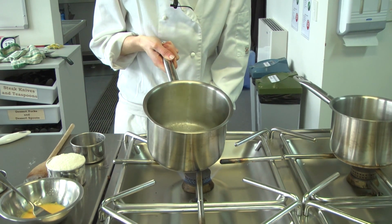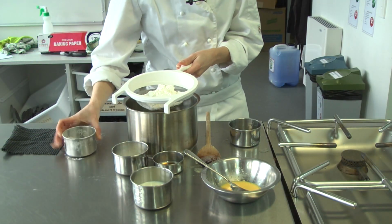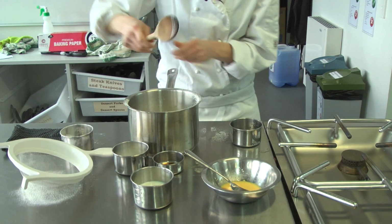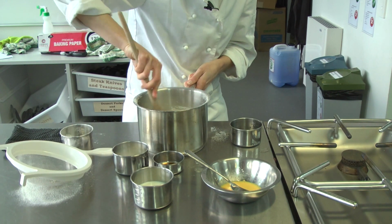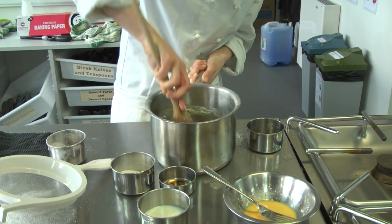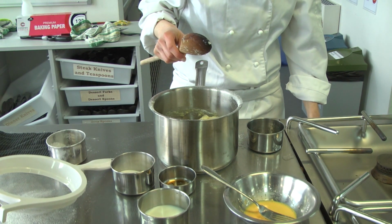So what we need to do is take it off the heat, so sift it through. And then we're going to stir it in off the heat, and it should start to form a ball. Okay, so you can see there that it's starting to form a nice ball. Once you get to that point, then I want you to put it back onto the heat, just on really